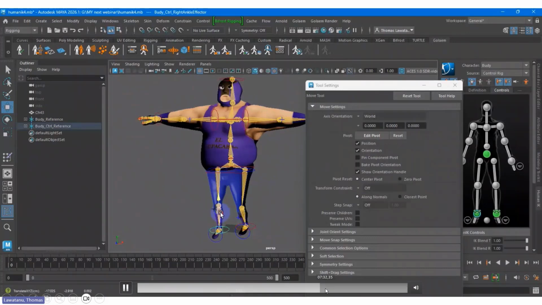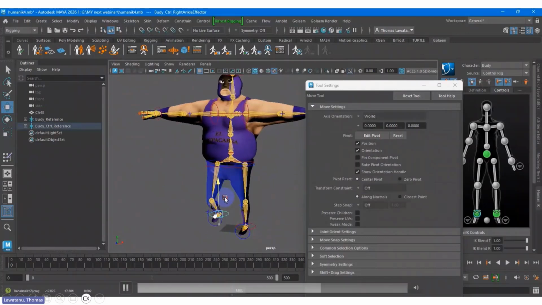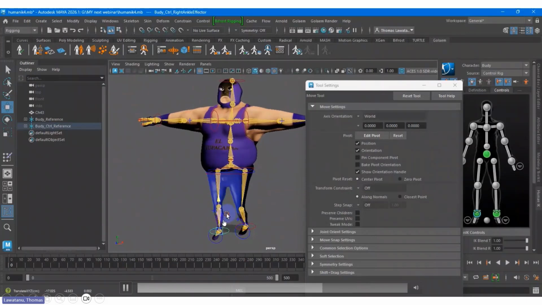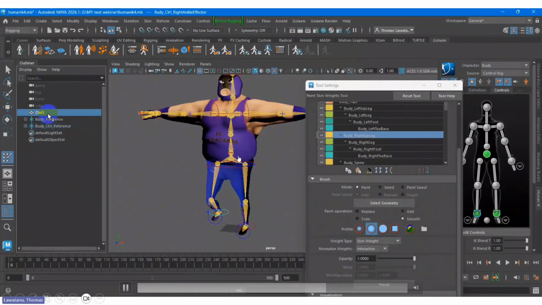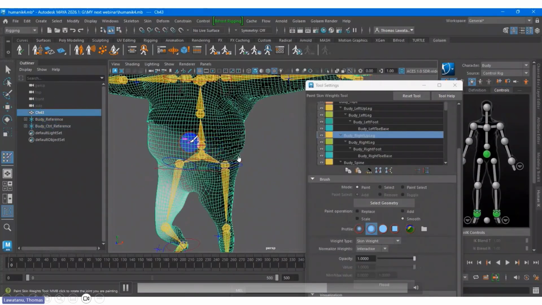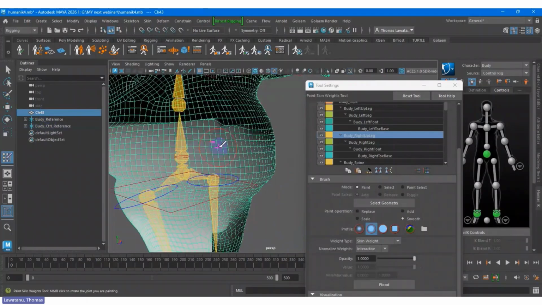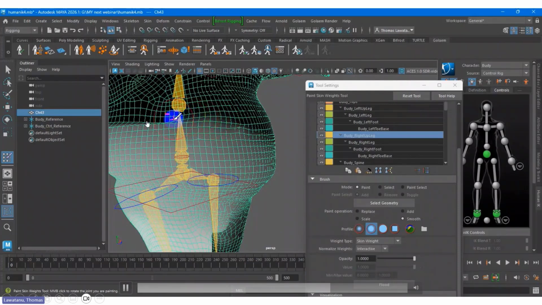So I move, and I'm trying this part. Once I get to this left foot, when I move the left foot, automatically I see which part. I think this part, not the whole part, this area. Sometimes the surface is flipping.